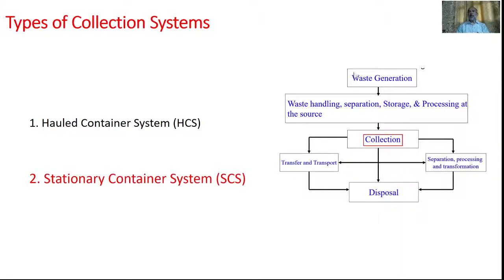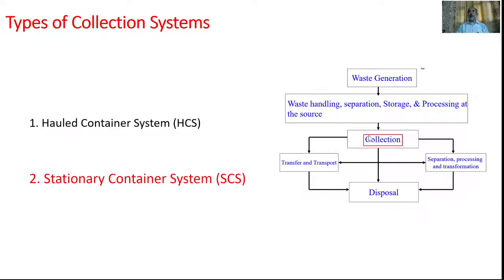As you know, these two things are associated with the particular site, whereas now the waste is entering into the community bin,